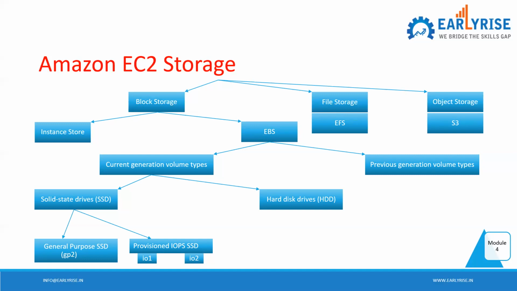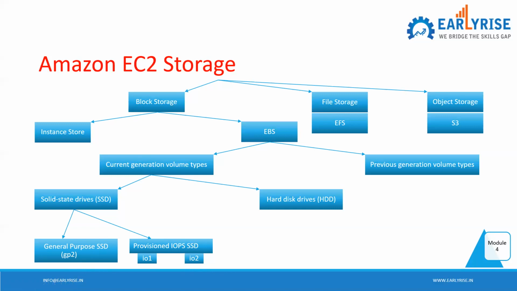Now where will you use IO1, IO2? Now you say IO2 only. Where will you use provisioned IOPS, and where will you use GP2? Just think of some use cases. Say like GP2, if you have a development environment or pre-production, you can use GP2. If it is a mission critical production environment, we can go for provisioned IOPS, IO2.